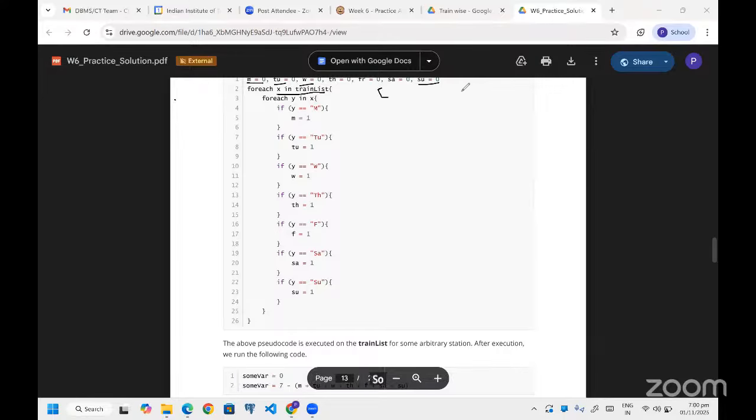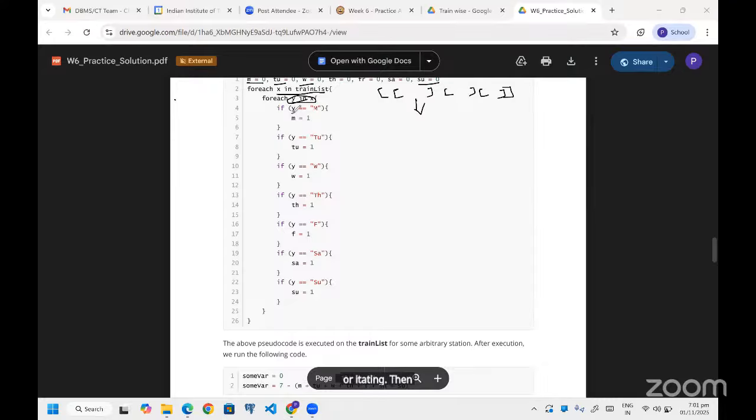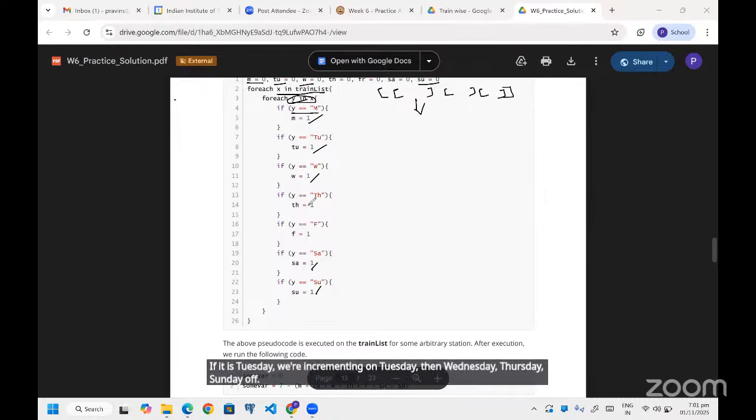So train list is a list of list, right? And once you come here, again you are iterating for each y in x. Then you are checking if it is a Monday, then you are incrementing it. If it is Tuesday, you are incrementing on Tuesday. Then Wednesday, Thursday, Sunday, right?